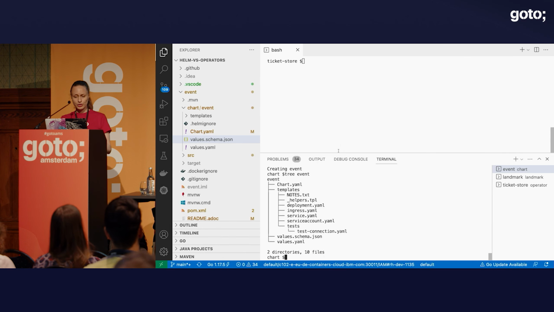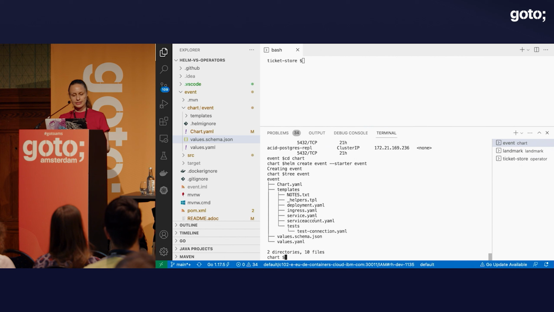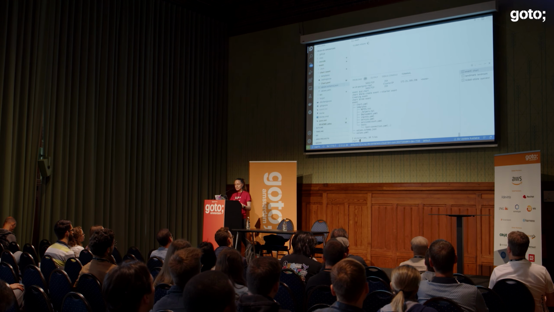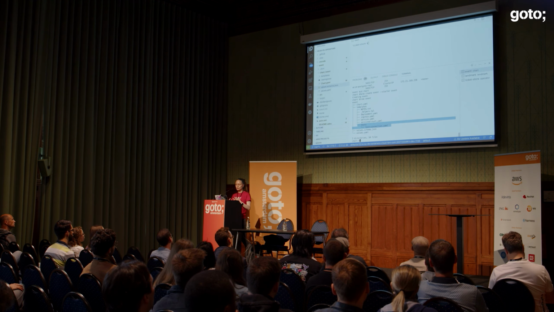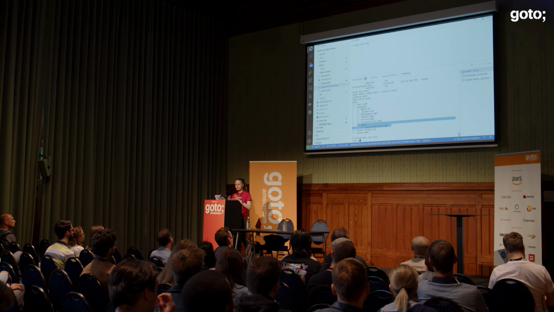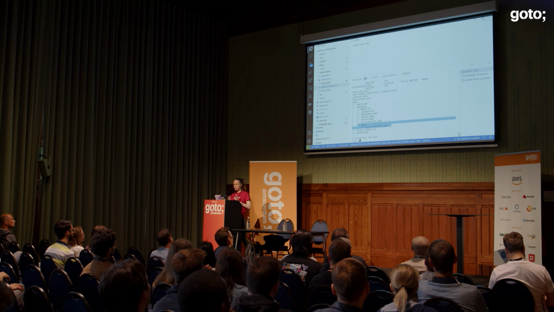And if we're looking at what was generated, we can see that we got a templates folder, which of course has templates, and has another set of helpers to define even more templates and more ways of working with those templates. It has some instructions file. It is good to know how we're going to operate with these charts further. It has a test. By the way, this test is very useful for smoke testing. So if you just want to make sure that things are working on the surface, for most smoke testing, this